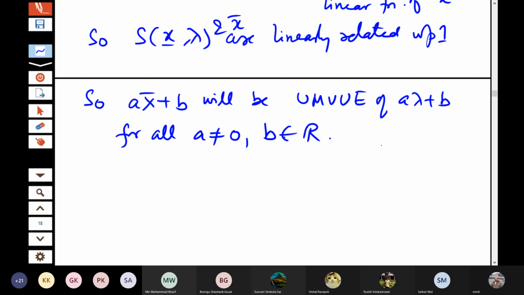However, since I am getting x bar and linear functions of that, if I am taking non-linear functions, then using this method I cannot prove what is UMVUE for lambda square, what is UMVUE for lambda cube, or any other thing. However, for the direct parameter I am able to get it here. Is it okay? Yes, sir.